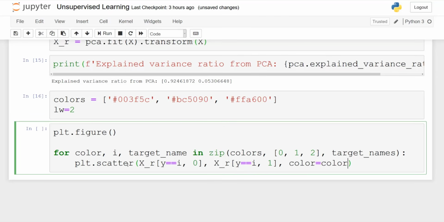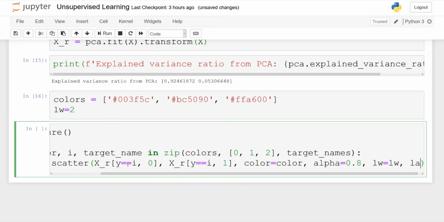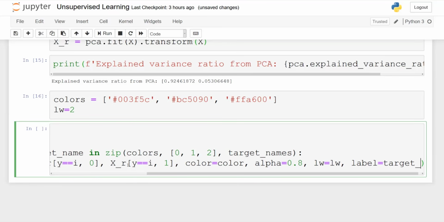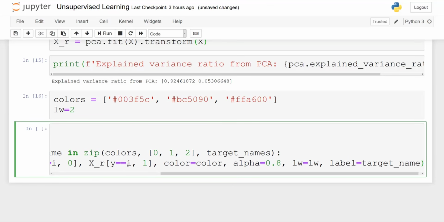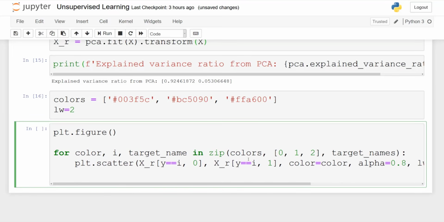So this is basically the x-axis and then the y-axis. And the color will be equal to the color at this point in the loop. Alpha will be equal to 0.8, and then lw is equal to lw that we specified above. And finally, the label will be equal to the target name at that specific step in the loop.